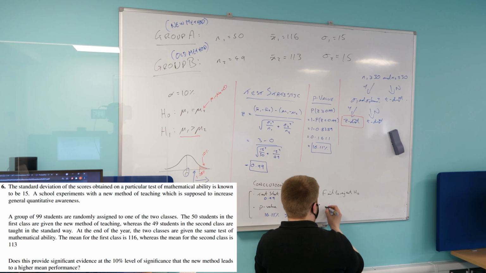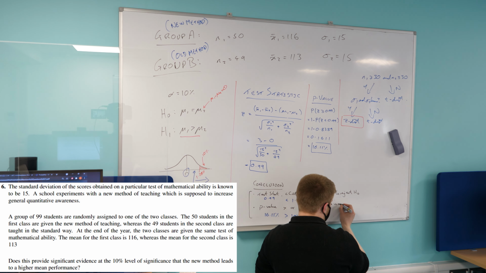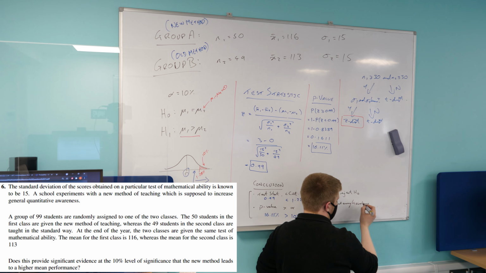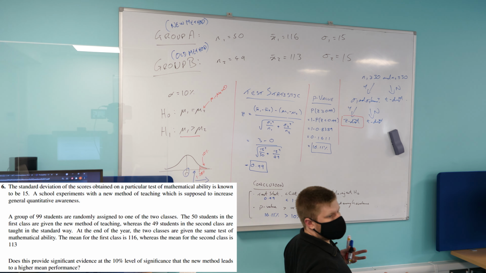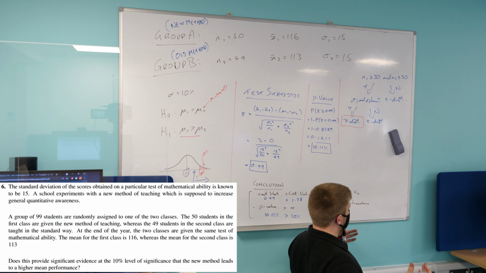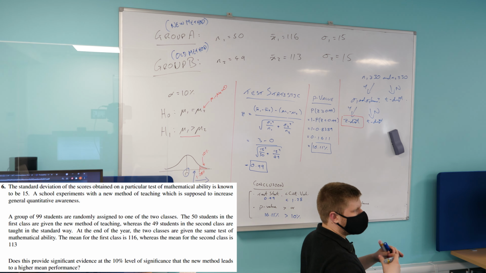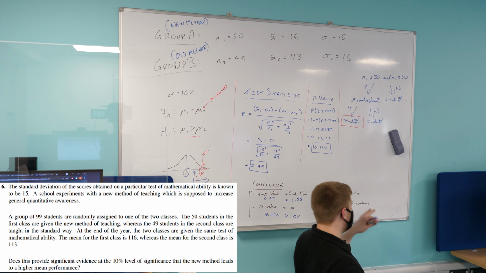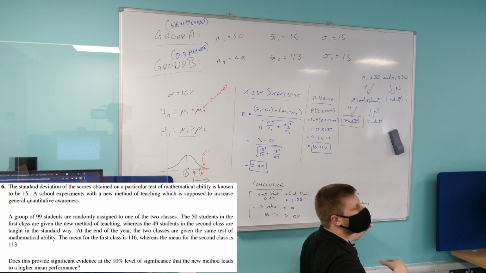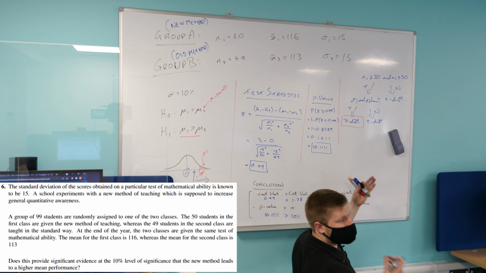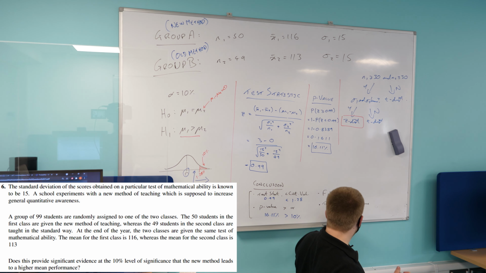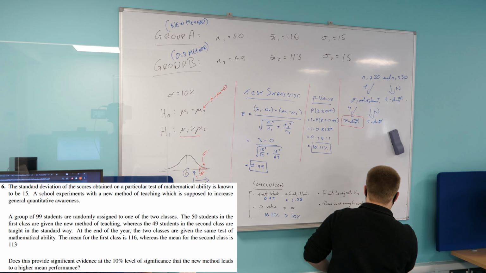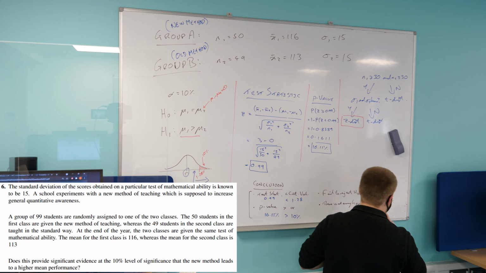So we say there is not enough evidence. Okay, so the way which you word this, you have to word it quite wishy-washy to a certain extent. You can't be precise about this. You kind of have to say, well, based on this and based on that, then there's not enough evidence to suggest that there's a difference. Because of course there could be a difference. It's just you can only work with what's in front of you. You can only work with the data in front of you. So I would say there is not enough evidence at the 90% confidence level, or 10% significance level, I should say,